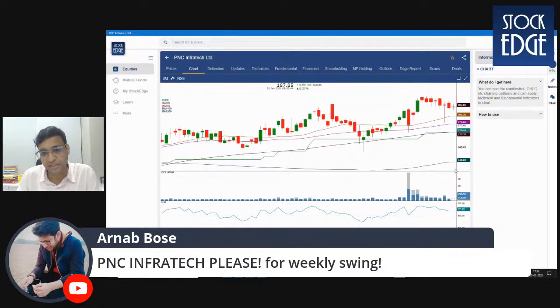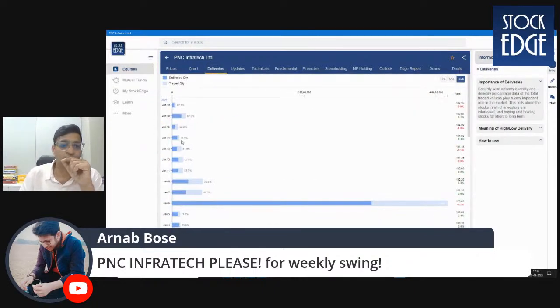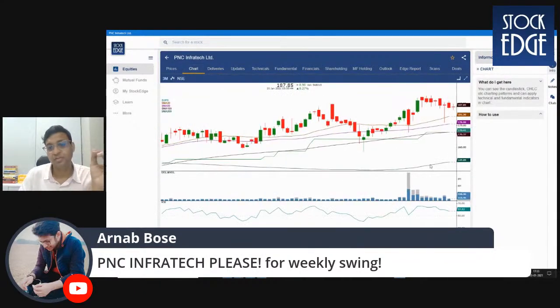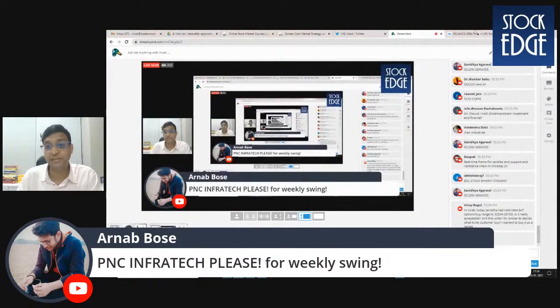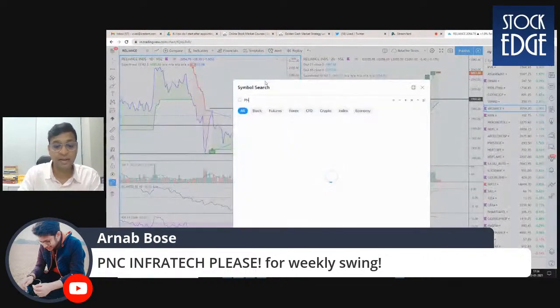Okay, this is interesting. The stock is trending up. RS is showing weakness, so not very convincing. It still has to show strength in the market, although delivery based activity is happening, but the stock still needs to show this strength in the market. So even if I have to say put some money, let me see if I can put some money on the swing basis. So let's go to PNC,